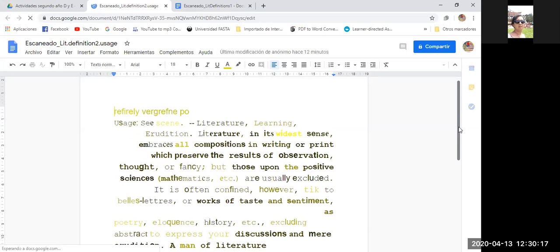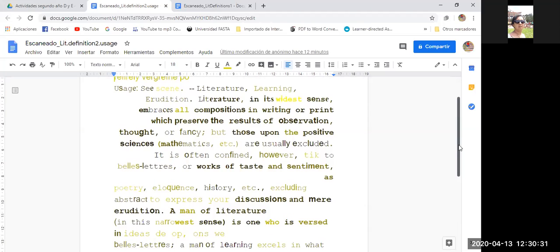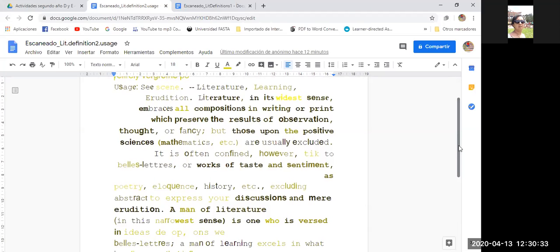Literature, in its widest sense, embraces all compositions in writing or print which preserve the result of observation, thought, or fancy, though those upon the positive sciences, like, as I said, mathematics, etc., are usually excluded.